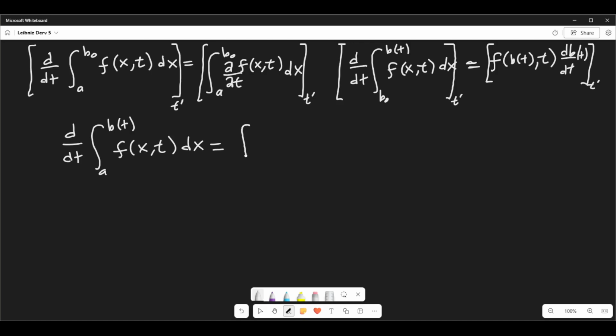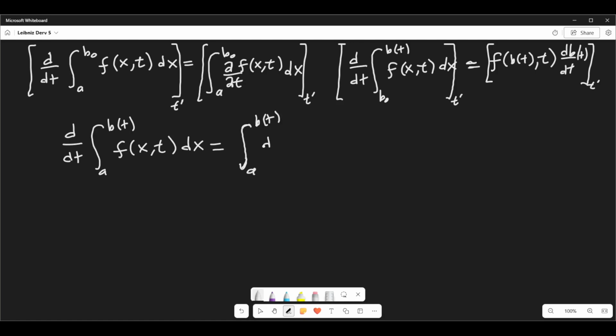The first one, since b naught basically approximates b of t prime as it gets closer and closer in the limit, is going to be the integral from a to b of t